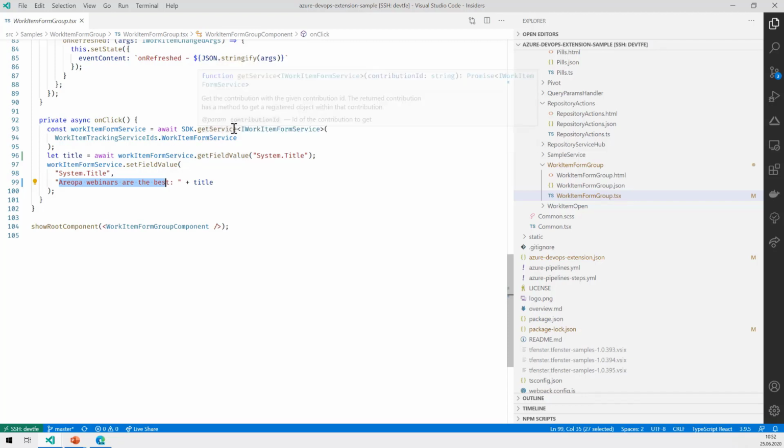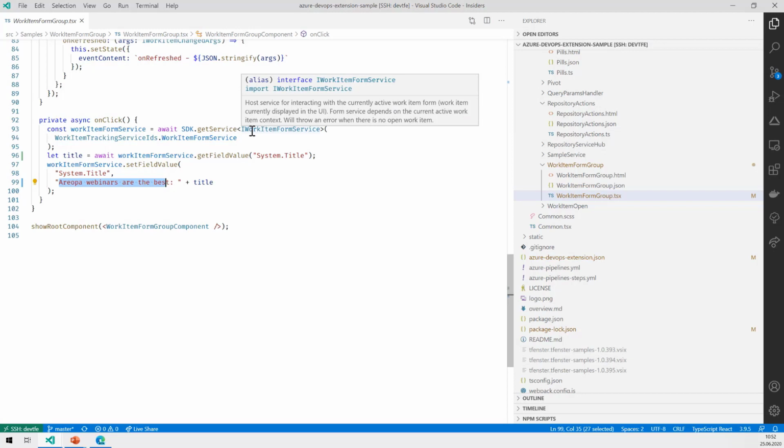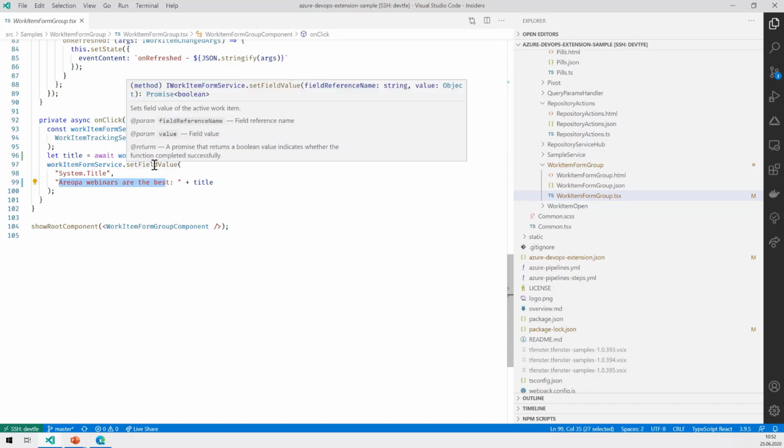You're getting a service. In that case, it would be the IWorkItemFormService. And then we use that one to get the value from a field and to set the value in a field. So that's very easy. As you can see, you also get some help over here. So I found it really quite easy to get up and running there.